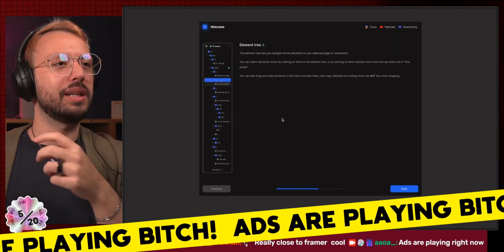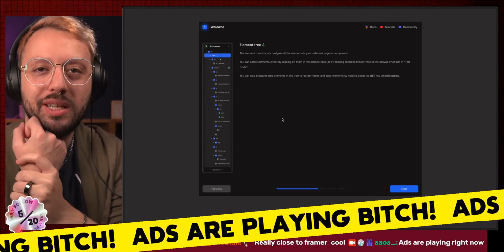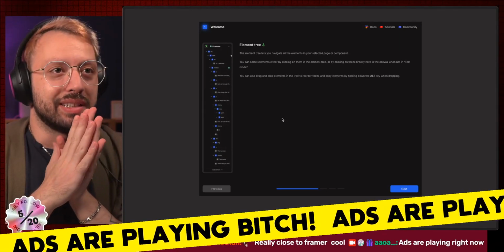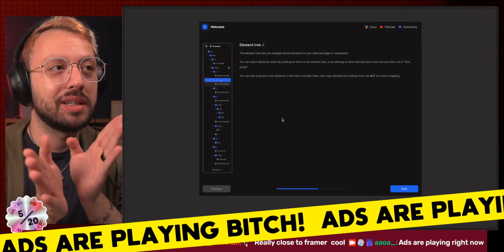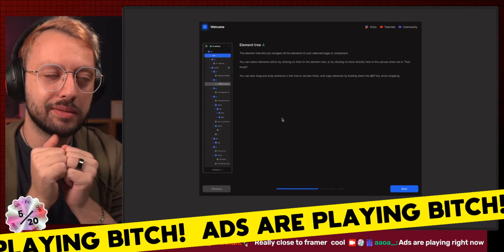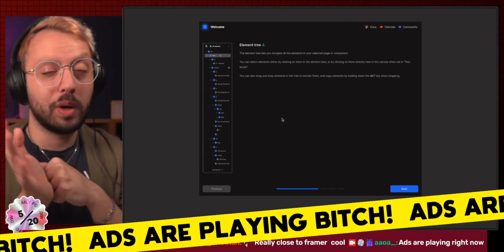The element tree lets you navigate all the elements. It's called layer list, not an element tree, because that sounds like elementary. I'm going to say that now. I don't like when tools are using known patterns and renaming the patterns. Web Studio that we tested